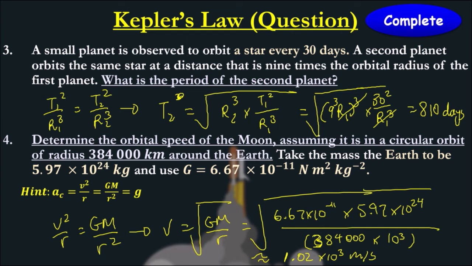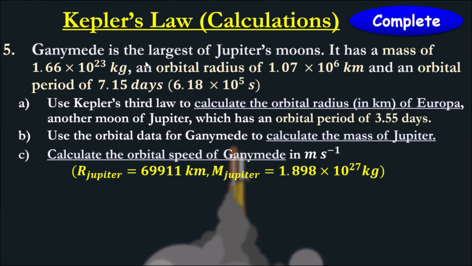And we'll go to our last question. Okay, Ganymede is the largest of Jupiter's moons. It has a mass of that. It has an orbital radius of that value and an orbital period of that. Use Kepler's third law to calculate the orbital radius of Europa, another moon of Jupiter, which has an orbital period of 3.5 days. So we can equate the equation like so,